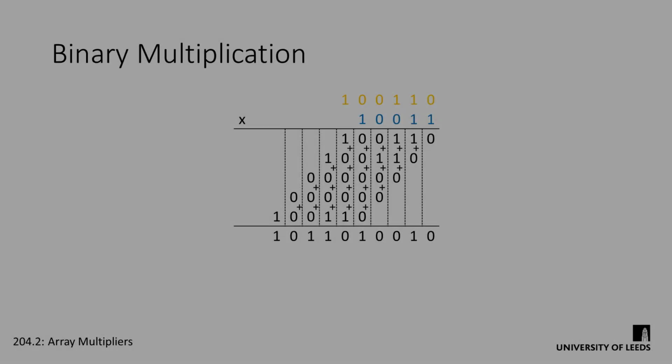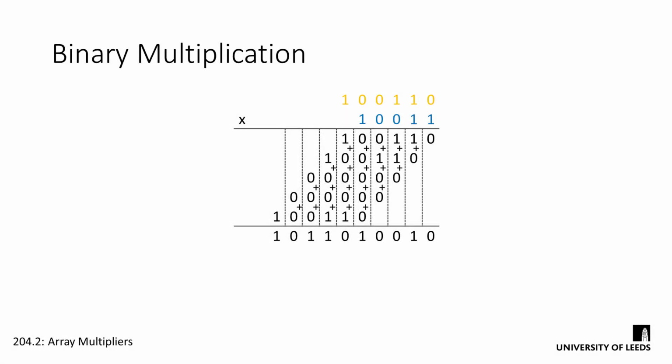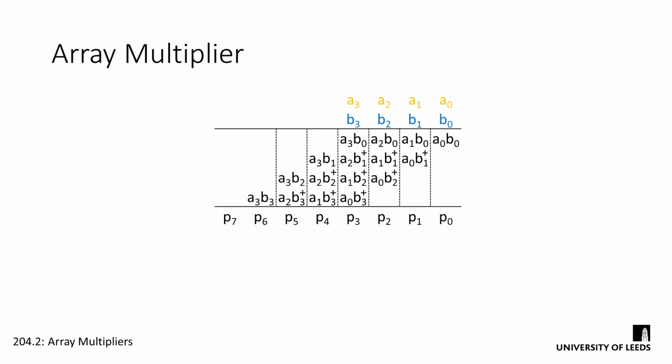If we look at the way in which we work out binary multiplication by hand, it's not too difficult to think of a different way to perform multiplication in hardware. We're just generating individual bits of our partial products and then adding them to generate each bit of our result. In fact, we could quite easily build a generic model for our binary multiplication by looking at exactly which bits